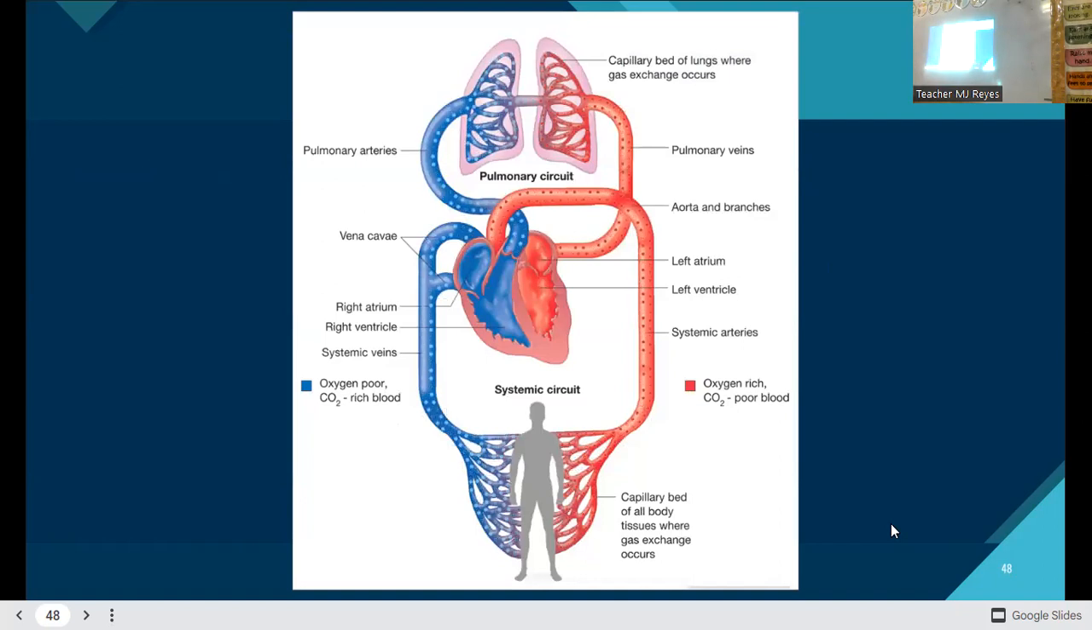The blood from the lower part of your body will enter the inferior vena cava, IVC, lower part of the body, inferior vena cava. The blood from the upper part of your body will actually